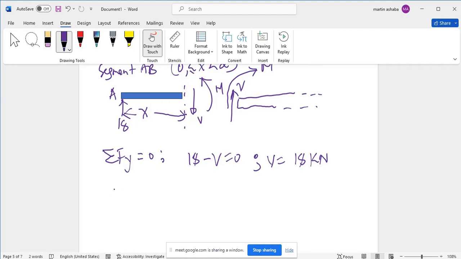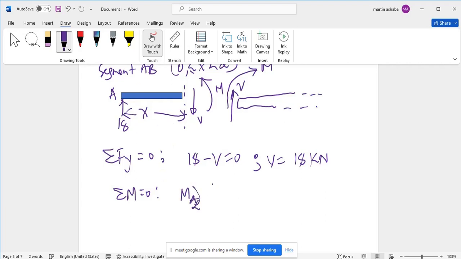Then how about the sum of moments, which should also equal 0? Let me repeat this. For moments, I'll just hold here at this point A, so that at the end of the day I have the shear force taking place in the equation, and then the other BM. How does that one work? If I take moments about A,